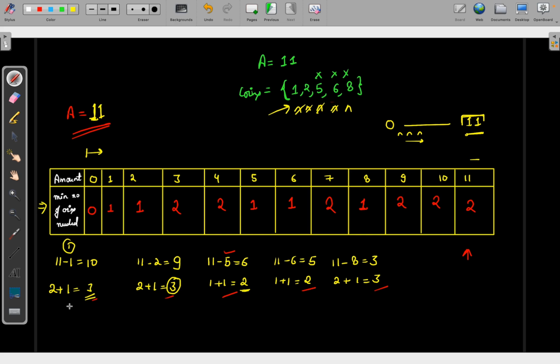And after this, we will do a bit of dry run. We have already run one, but we will check